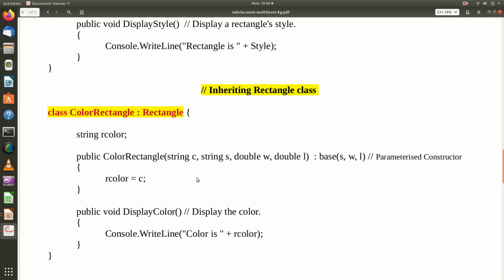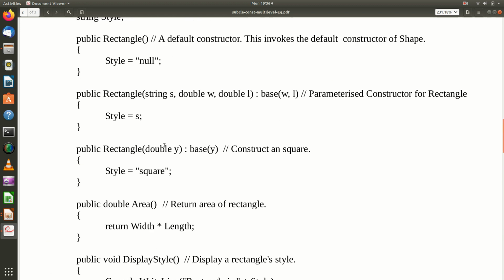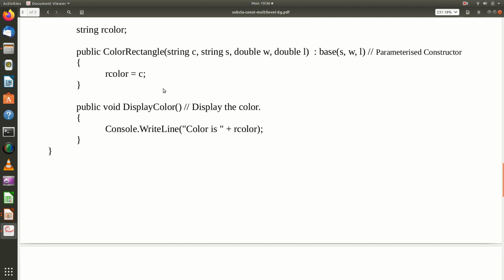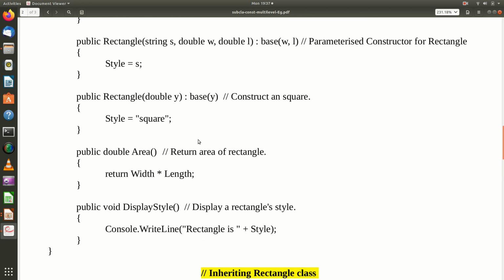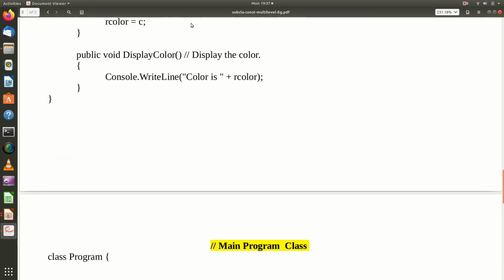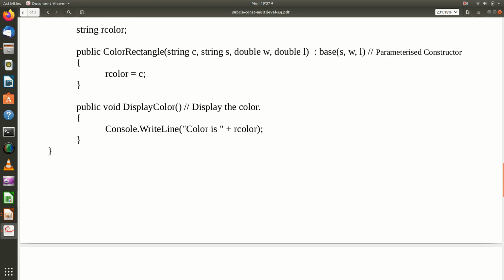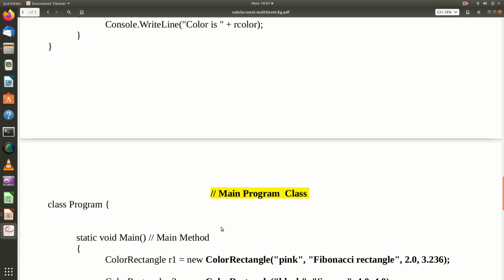And for square, if you want, you can define something like this, passing only one value here also, only the color and the length and width, or you can say the side of the square, only the color and side of the square. If you pass, you can go and invoke this method also. This is also possible. You can define one more constructor here for color square.